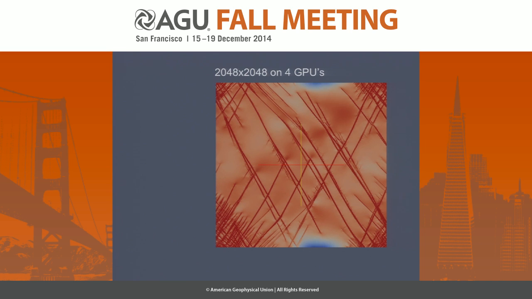Here's an example of a crack network evolved in 2048 by 2048 on 4 GPUs, so the 4 different ones in a GPU cluster here. Very high resolution. Crack network, we've got some boundary condition issues going on that we're trying to work on. But this is the kind of resolution that we expect to get when we get fully going here. You would have this numerical crack network, you can inject a fluid pressure field in here and new cracks would evolve in response to the thermoelastic, pore-elastic, plastic